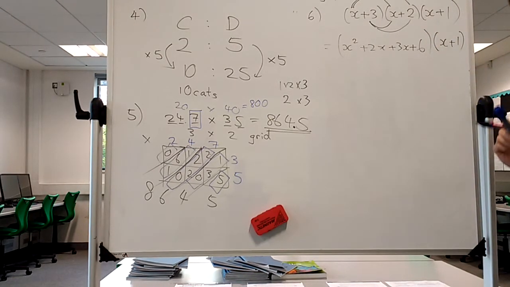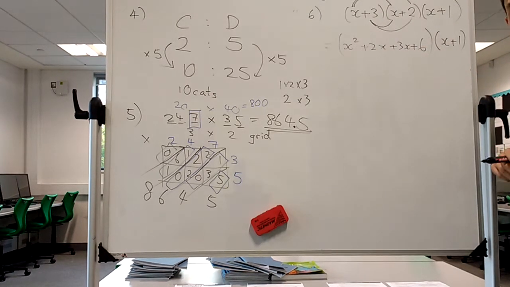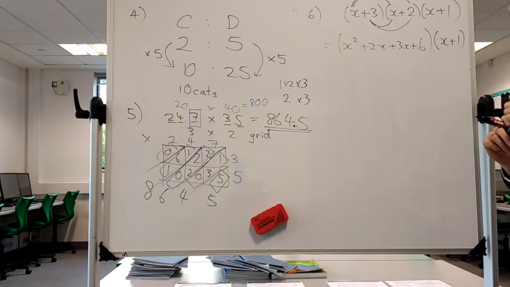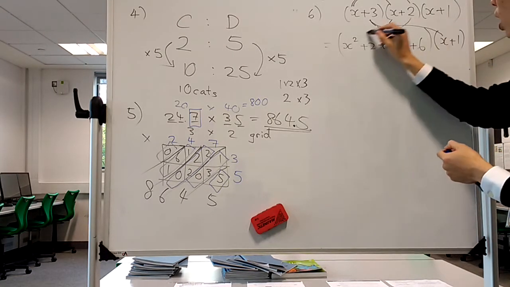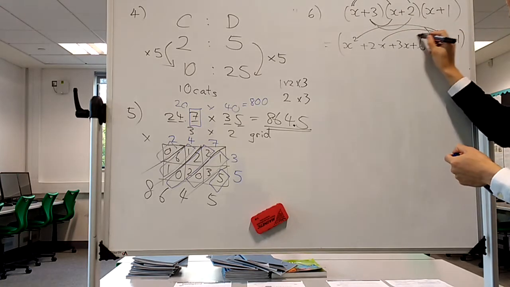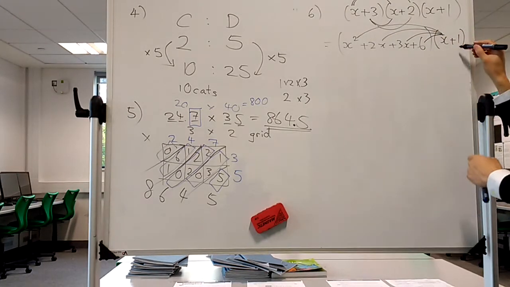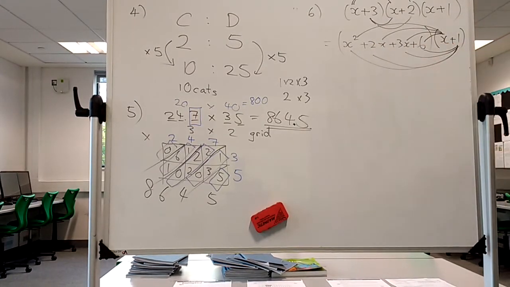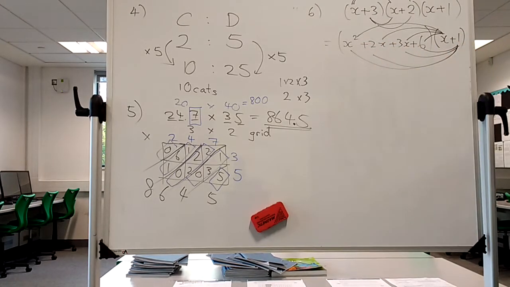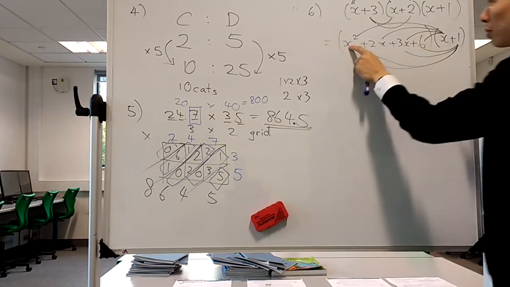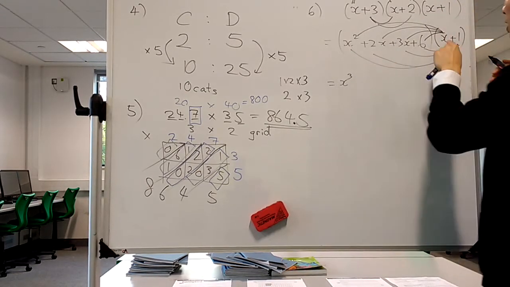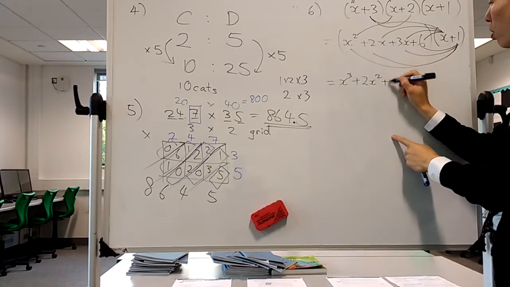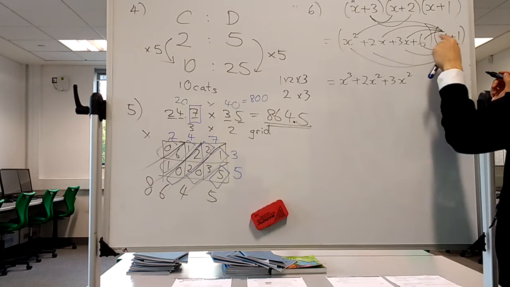So how many multiplications would I have to do altogether? Can you see? Well, there are 8 multiplications. So let me show you. So 1, 2, 3, 4. And now 1 has to do the same. 1, 2, 3, 4. To those 4 terms. Hence there are 2 terms there. So let's do the x first. x times x squared, x cubed. x times 2x, 2x squared. x times 3x, 3x squared. x times 6,